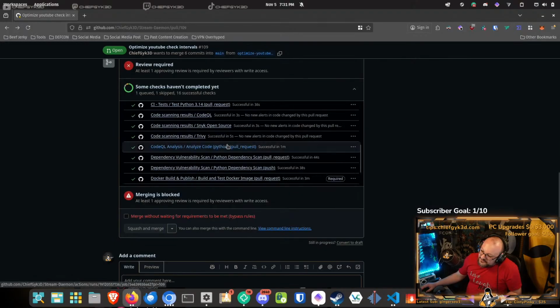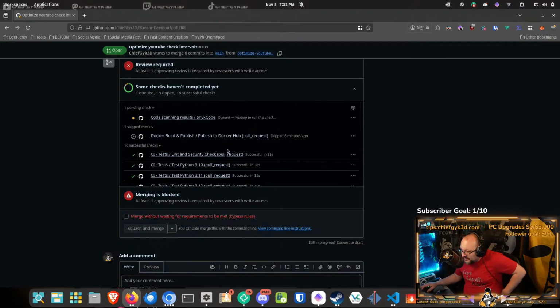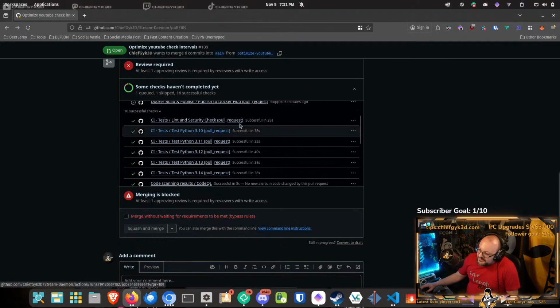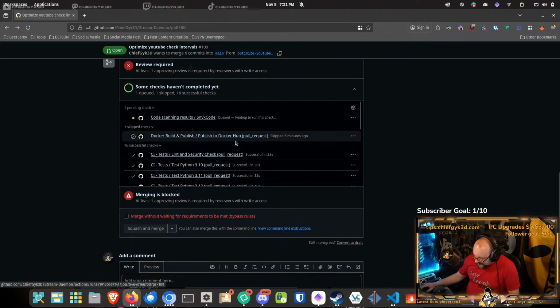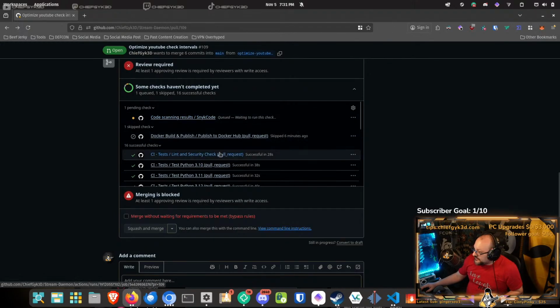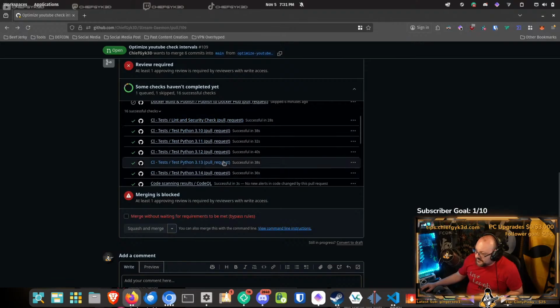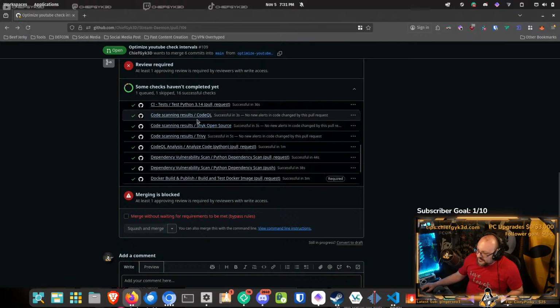I was waiting for all these checks that I have. So I have some CI/CD checks, continuous integration, continuous development. The idea is basically when I push code, GitHub is going to go through and test if this code runs on Python 3.10 through 3.14, do a lint and security check on the GitHub side, do a code quality scan, then run it through Snyk.io,